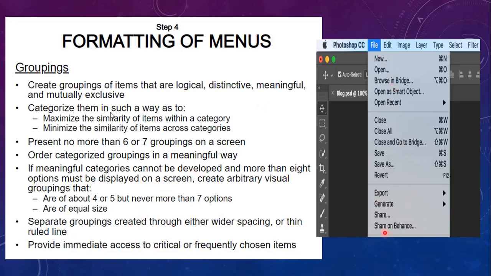For example, here New, Open, all these options are regularly used, so we have placed them in the above list, at the highest level of the menu, because they have importance. So this is about grouping.